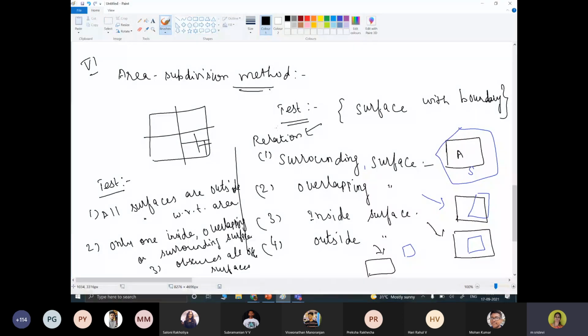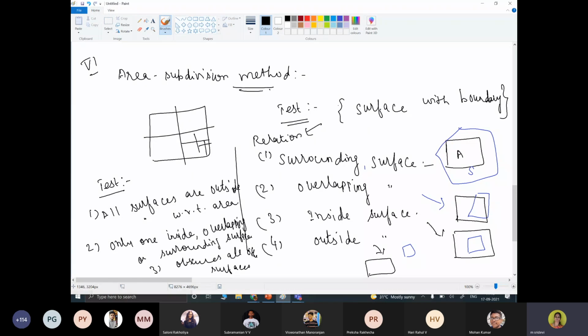The test 1, all surfaces are outside with respect to the area, is carried out by checking the boundary rectangle of all surfaces against the area boundaries. The test 2 uses the bounding rectangles in the XY plane to identify an inside surface. For other types of surfaces, the bounding rectangle can be used as an initial check.